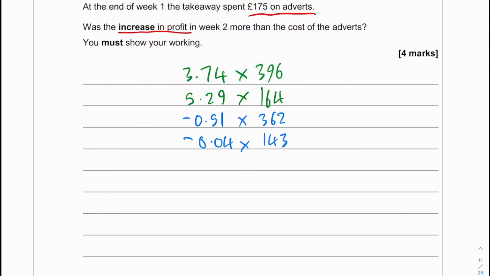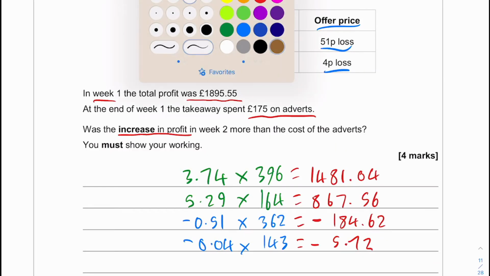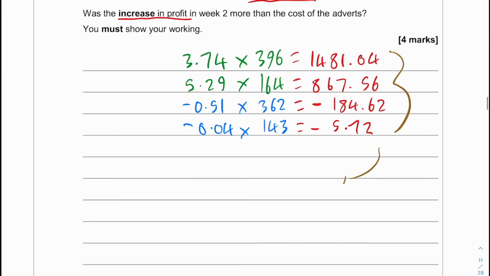So when we work all of these values out, we get £1,481.04 for the top one. We then get £867.56. For the losses, remember this is negative, so we get a loss of negative £184.62, and we then get a loss of negative £5.72. So what we have to do from this point is we have to add all of these values together. So when we sum these values, what we obtain is